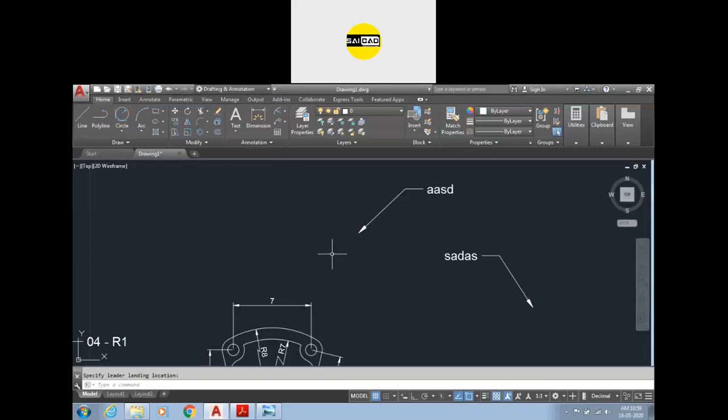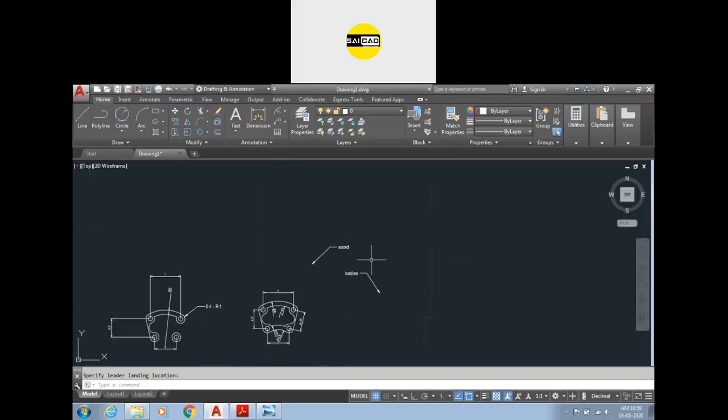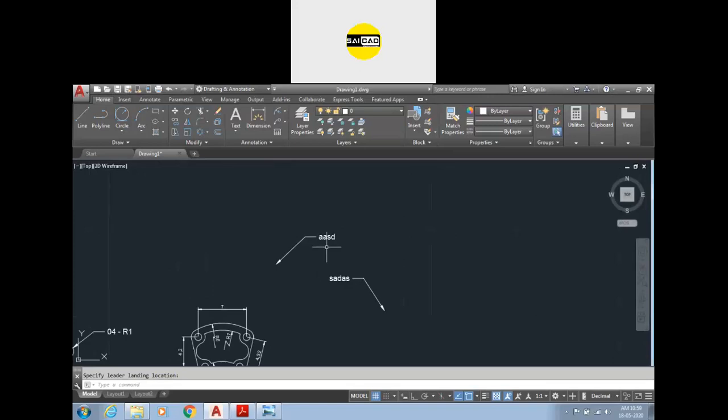Is the screen visible or not? It's visible, sir. Visible, okay. I got a message here that we are having some problem connecting.